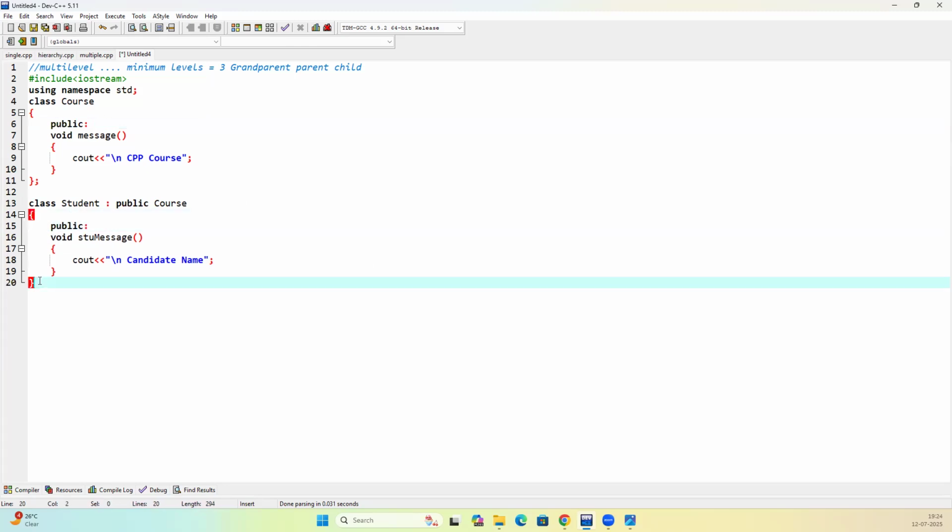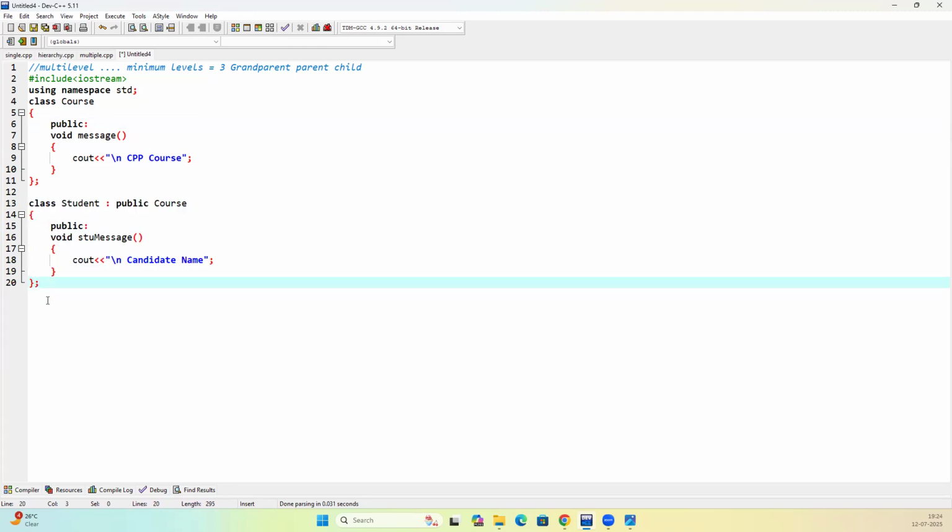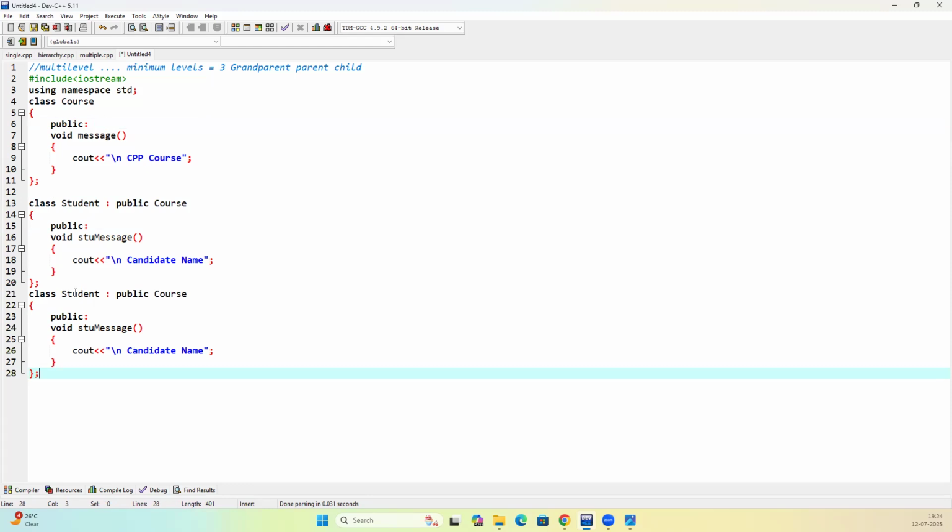Okay, then I'll take one more class called report. Report is inheriting from student, student is inheriting from course, report should inherit from the student, so this will become student. Now this will be report message. So I'll write